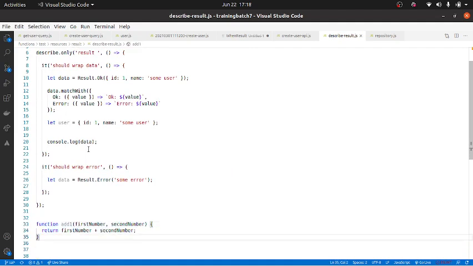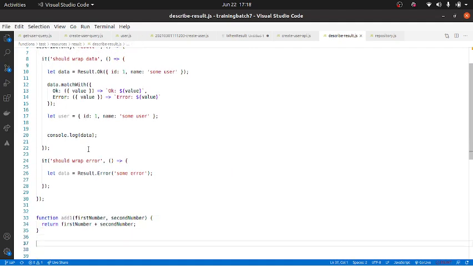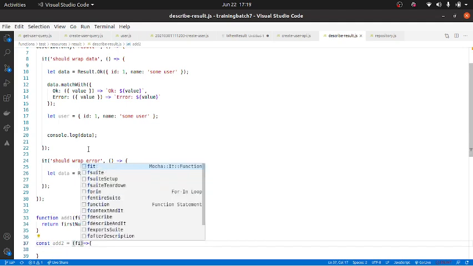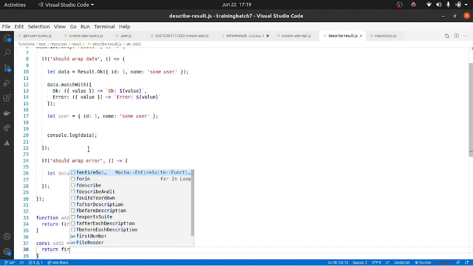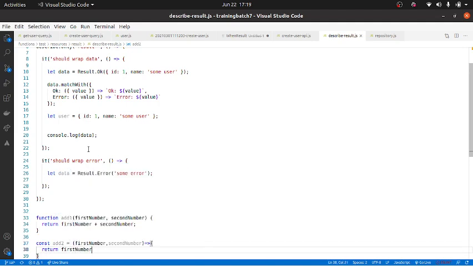Now the next way of creating a function is as a variable. You can do const add 2 equal to, I can create a function like this: first number, comma, second number, and you can do return first number plus second number.